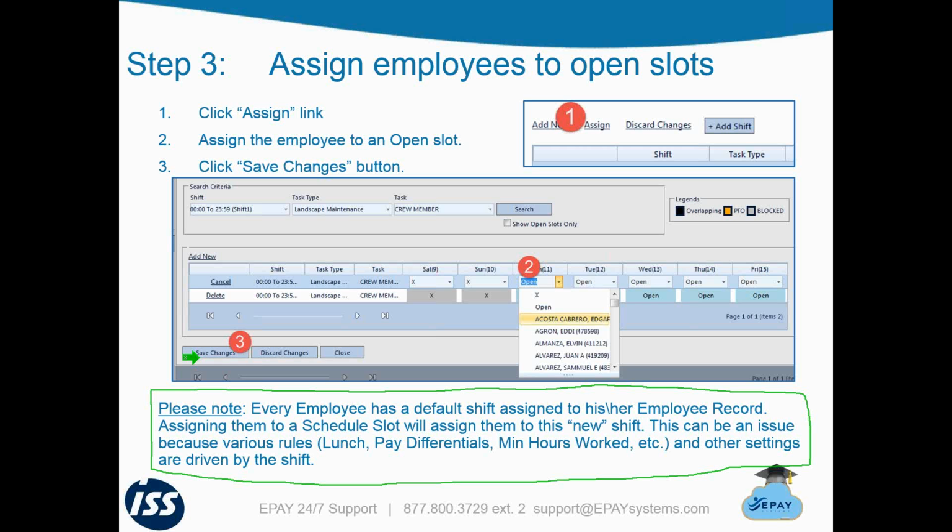Assign them to a scheduled slot, like I'm talking about in step 3 here, and we'll assign them to that new shift, and any rules associated with that new shift will now go into effect. So if I assign someone to this 00 to 2359 wide open blanket shift, and on their employee record they were assigned to a 7 to 5 shift, and on that 7 to 5 shift you called Tiandra or myself and said, I need lunch rules, but we didn't apply them to the 00 to 2359 shift,